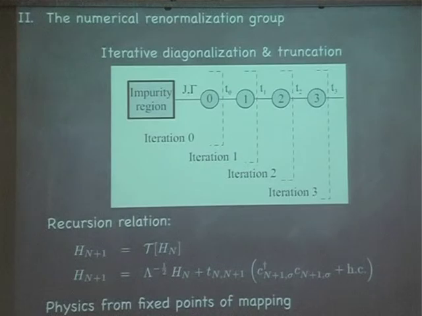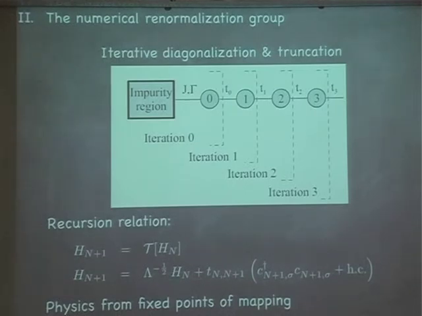Well, and that can be used now to generate the so-called iterative diagonalization scheme and truncation. You start with the impurity region at one side, call that my H0, diagonalize it, take the operators from that side, add them to the Hamiltonian, diagonalize that, call it H1, add the second side, diagonalize it, call it H2. So what you have is Hn+1 is some mapping from Hn. You can write down the mapping, doesn't matter how that looks. Actually, it's written down here.